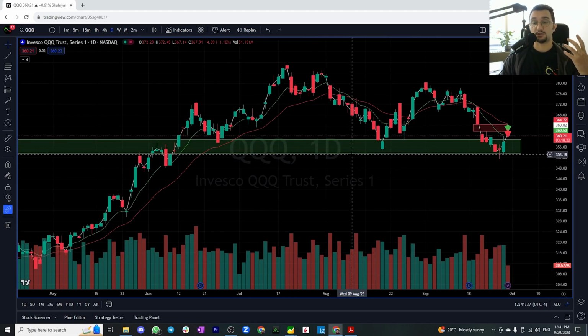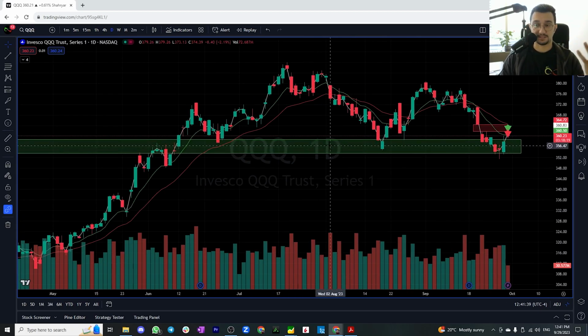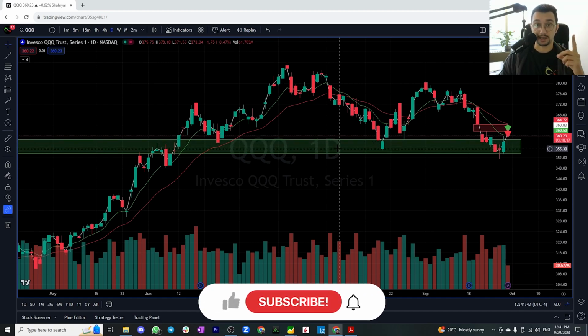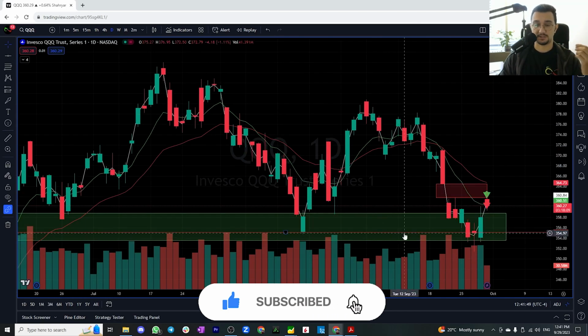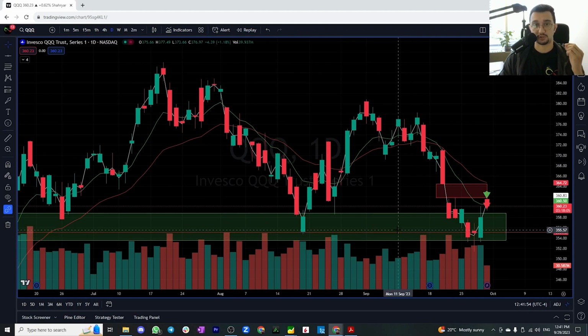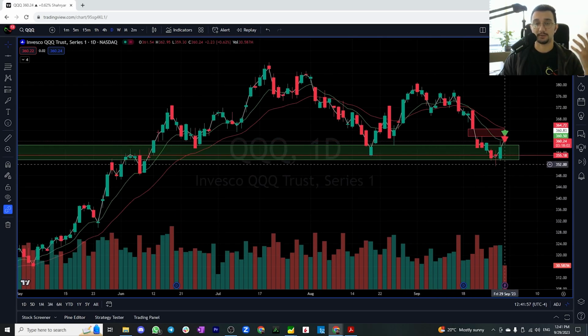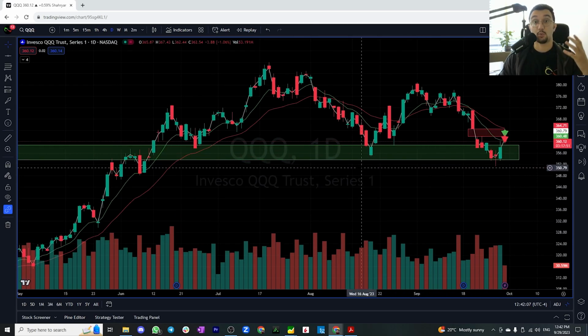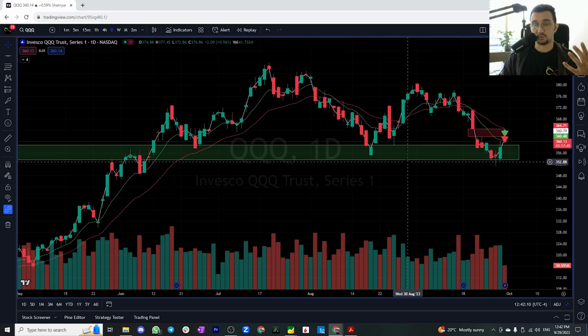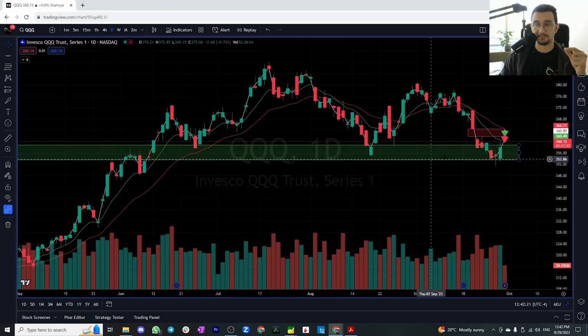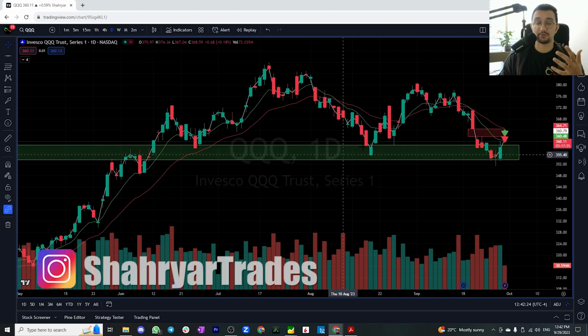Now once you understand that, you also need to understand that support and resistance is not a single line. You can't just have one line here and then start considering that line as your major demand zone or your major supply zone. That's not going to help you in the long run. You want to understand the zone. Why is that? You want to have a zone in order to avoid fake outs. This zone analysis can help you avoid fake outs and understand an area that buyers are